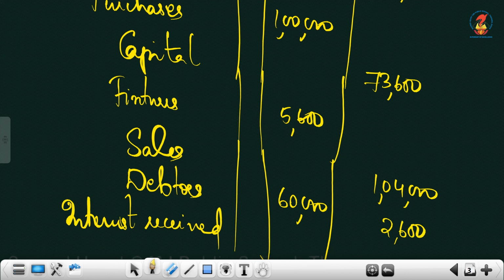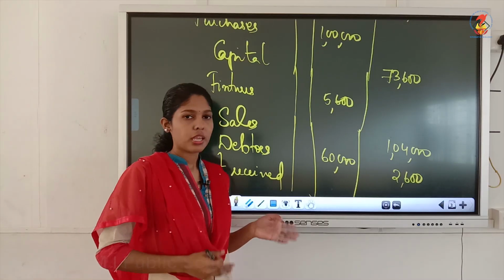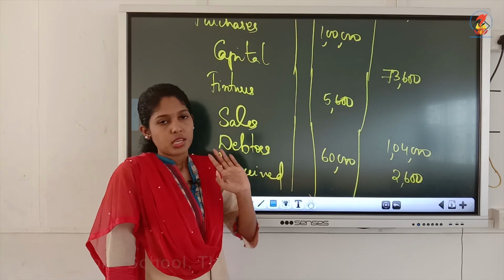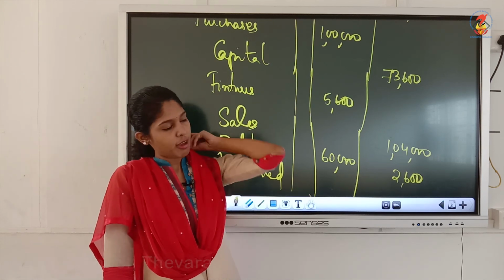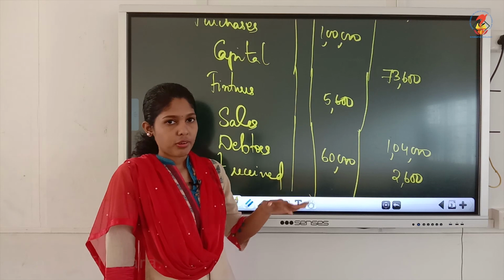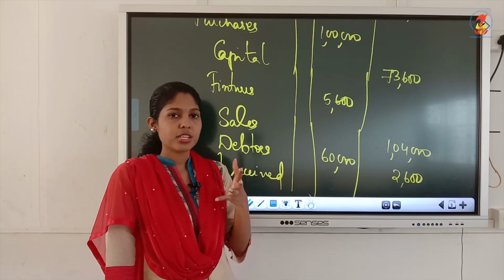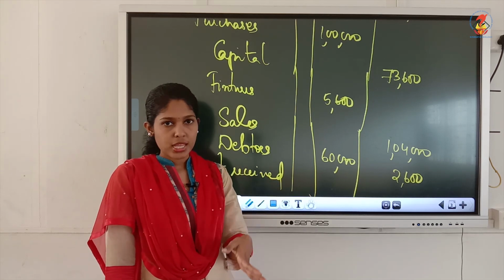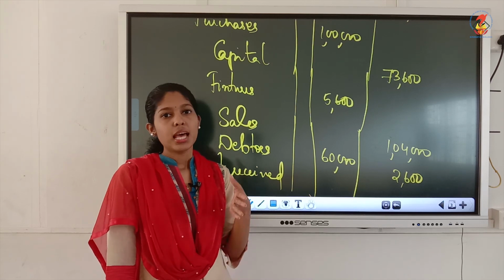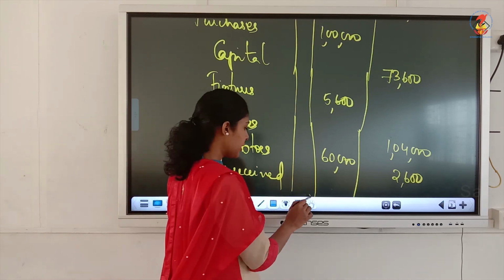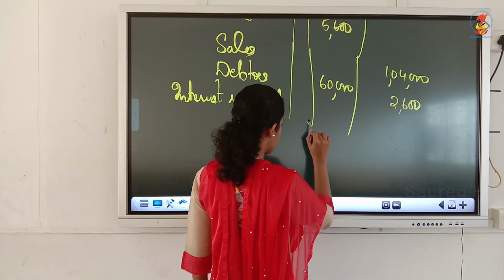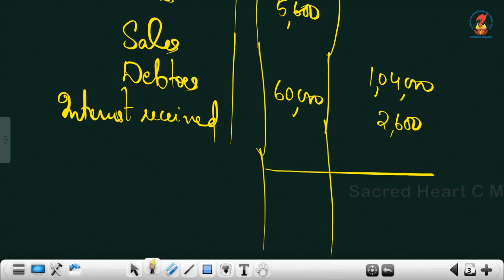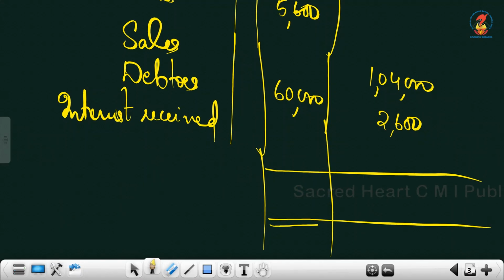The format in the textbook is different, you do like this. Everywhere you do the format like this. So, now the trial balance is over, you have to see whether the debit and credit sides are equal. If it is equal, that means you can ensure the arithmetical accuracy. Just add both these, totals must be same, otherwise there would be mistakes in your answer.